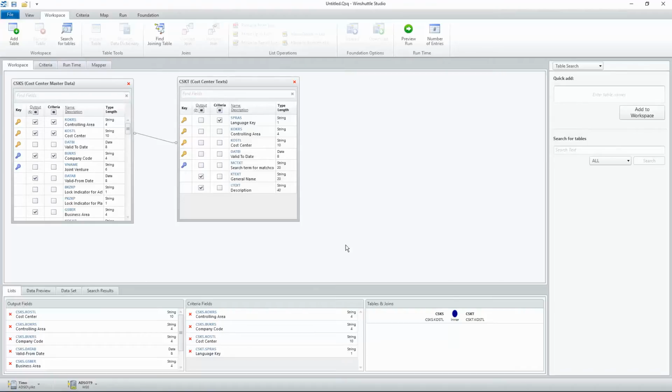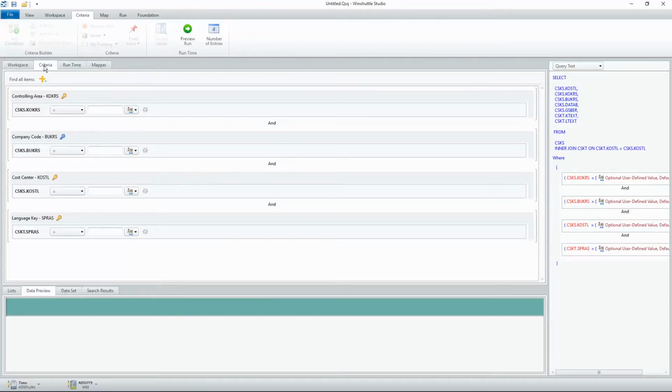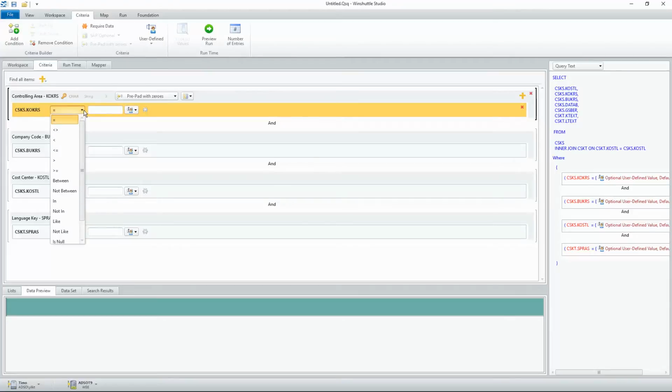Once we've selected the output and criteria fields here, we can move on to the next step and specify how we want to use these selected criteria fields in our query. So we'll switch to the criteria tab here and start configuring our criteria conditions. So for a controlling area, I can specify a condition using all these various logical operators. Let's say I want to limit my search results to a certain single controlling area and a single company code, so I can use the equals operator here and fill in the value I want, let's say controlling area 1000,